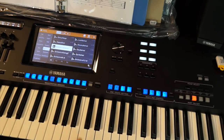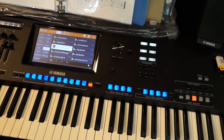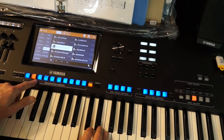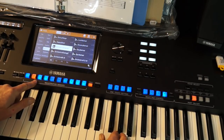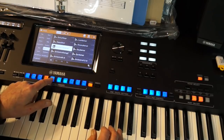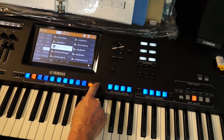Now once I found the style, I'm going to push my freeze button here so it stays on orchestral swing, and I can listen to the other sounds I have programmed into the Christmas bank, and my next bank is going to be Christmas bank 2, or just Christmas 2, whatever I want to name it. So I'm going to take a listen. So whichever one I want to do, I think I'll start with this cocktail piano, which is what that is, and I'm going to hit memory